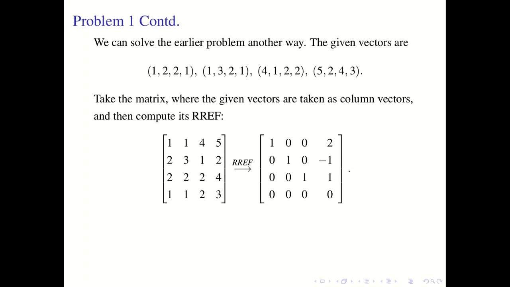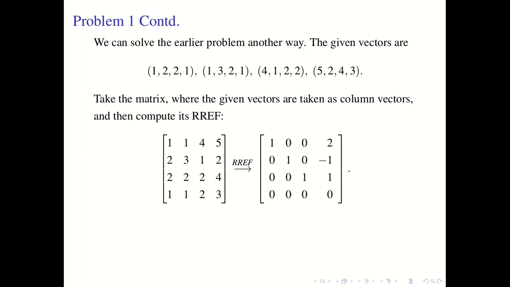That is also equal to the number of linearly independent columns. So to check the linear independence, we can take these vectors as columns of the matrix, and then apply elementary row operations to bring it to row reduced